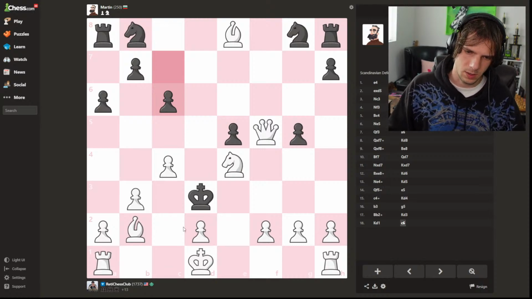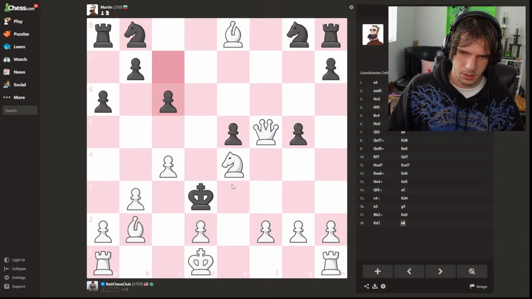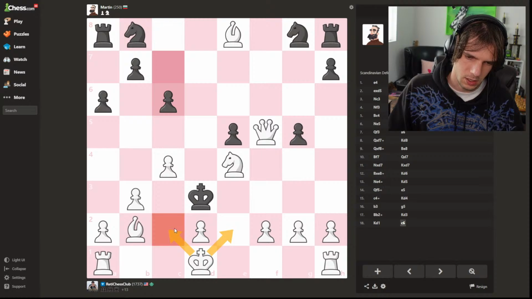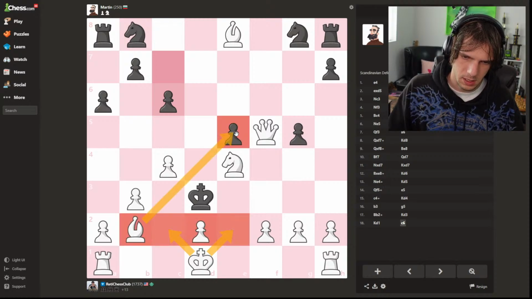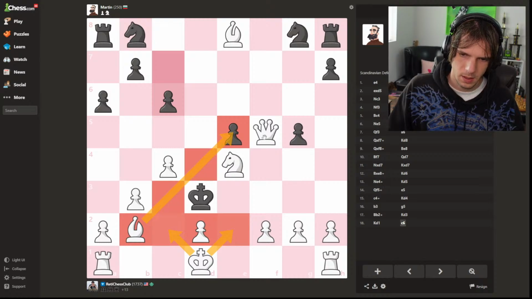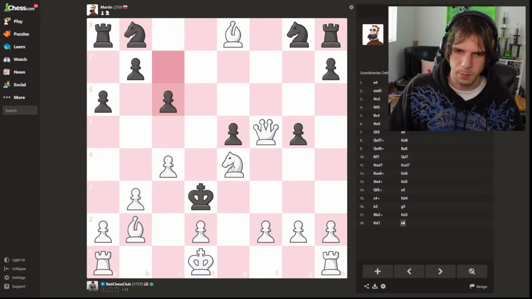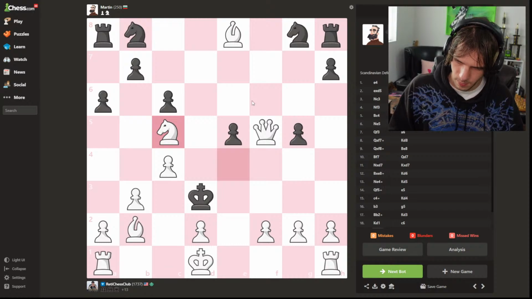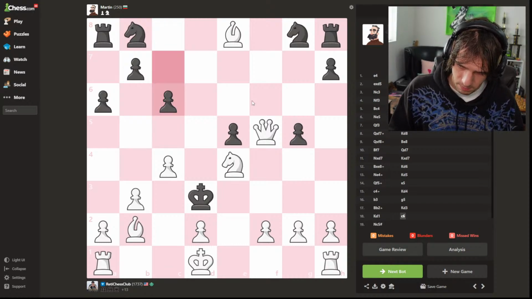So this is a really nice one. So here, I'm using a lot of different pieces to get this checkmate. So my king got involved. So now my king is watching these squares. The bishop is watching this line here. The queen is going to be hitting the king after I move this knight. So this is a big combo of pieces put together. And that's what's really nice about